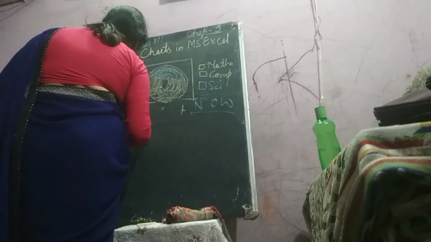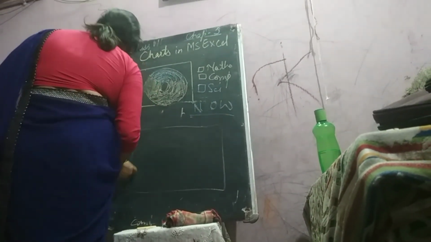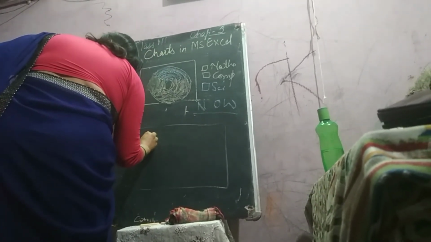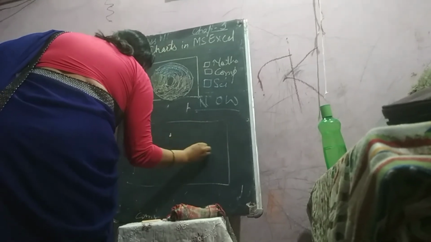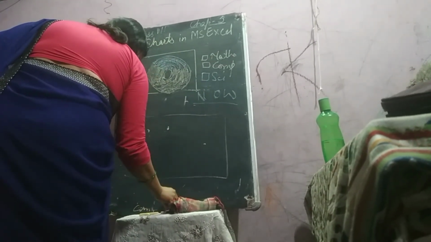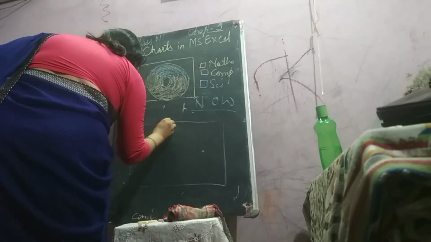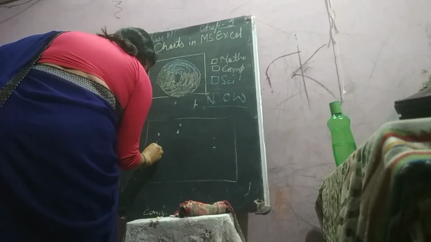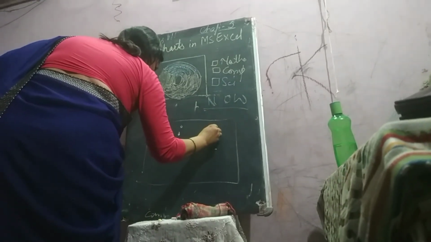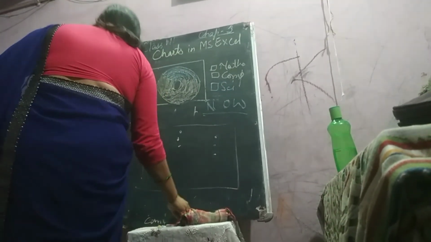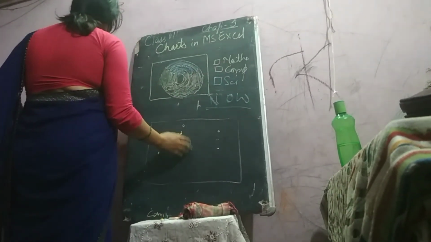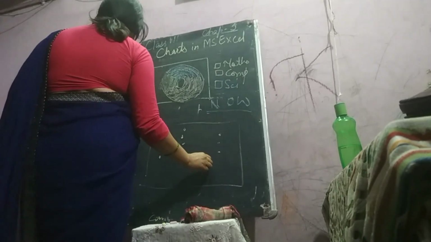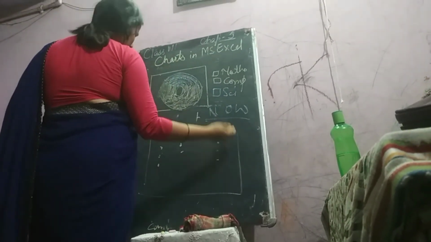Now, next type of chart is scatter chart. Now, in the scatter chart, what happens? Only dots will come here. Dots will show you the data. In scatter, there are no text labels on the x-axis or y-axis. There are no text labels, and it is very beneficial for showing relationships.